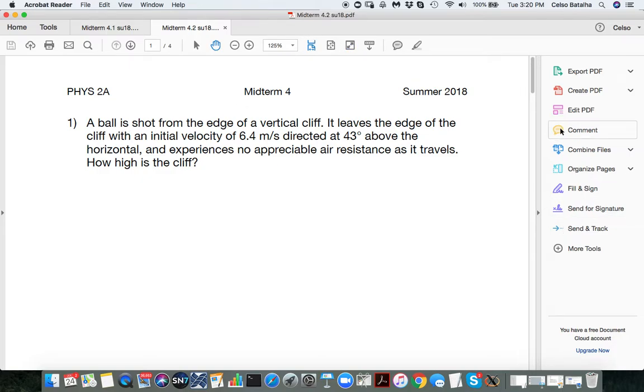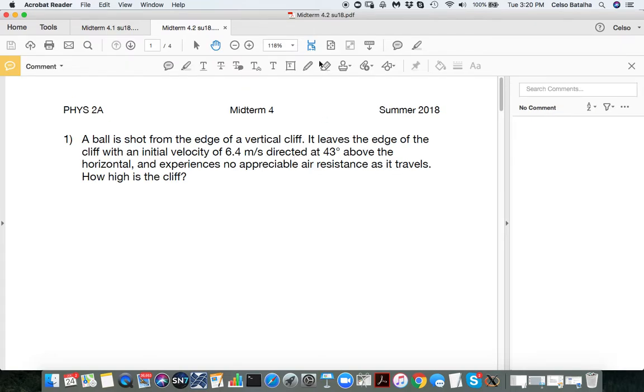Projectile motion. I think we already did this in class several times. If you still have trouble with it, just let me know. There was a misinformation here. 3.5 meters from the base of the cliff, but you can do